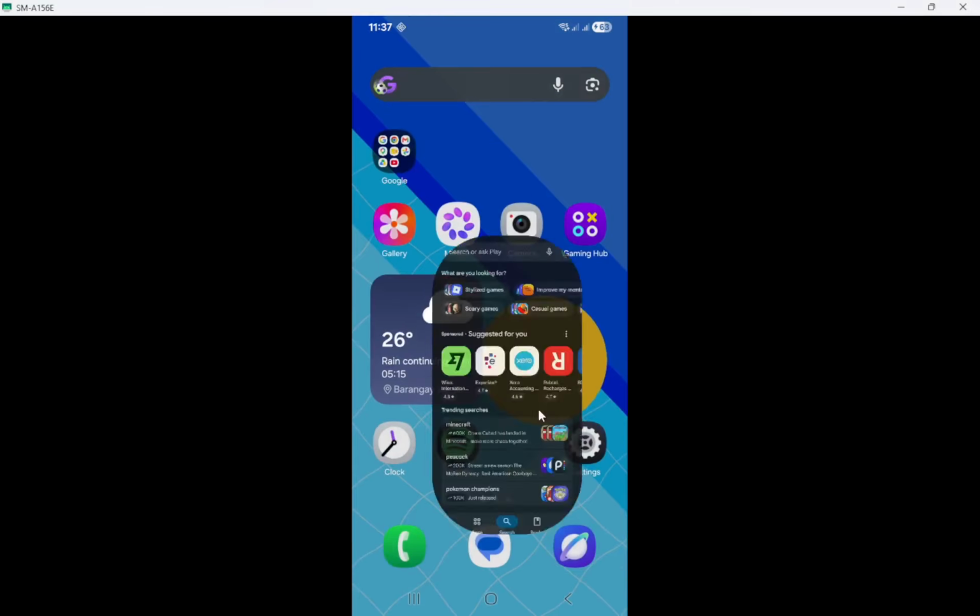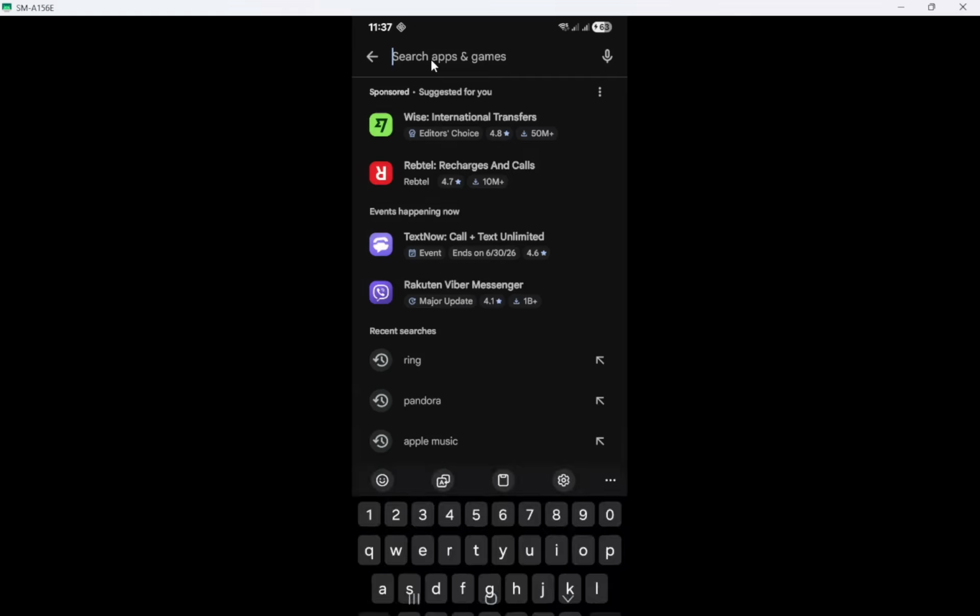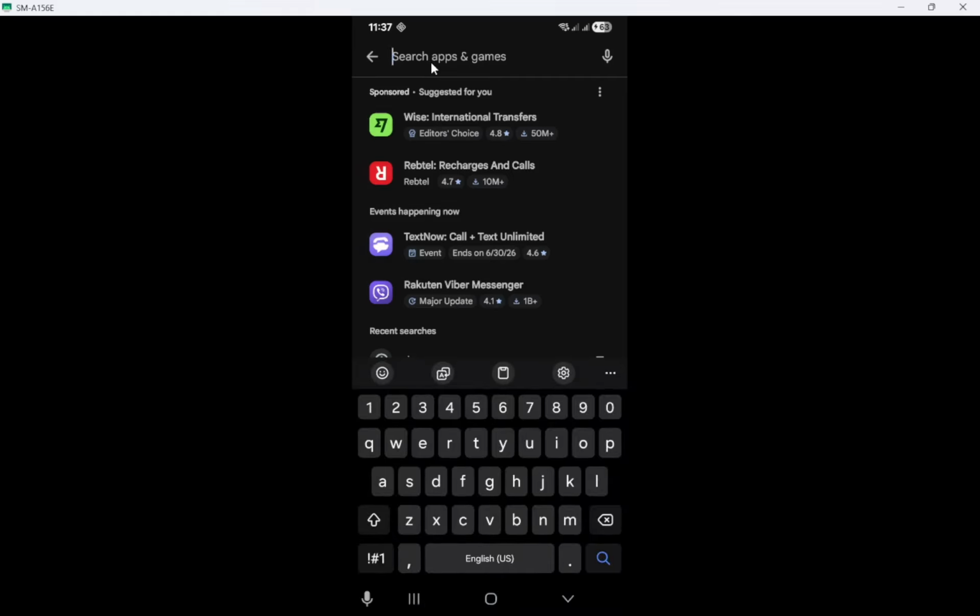First, you need to open your App Store. If you're using an Android device, look for the Google Play Store icon. On an iPhone or iPad, you'll need to open the App Store. This is the place where you can find and download many apps. Each store is designed to be user-friendly, so you should have no trouble locating it on your device.